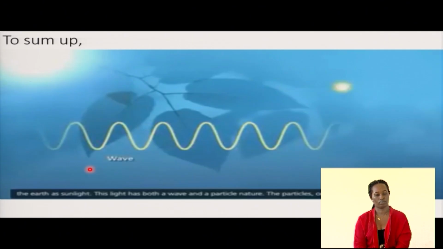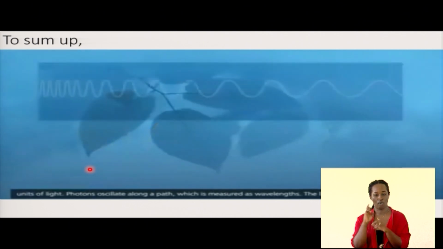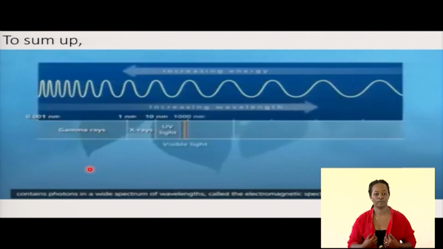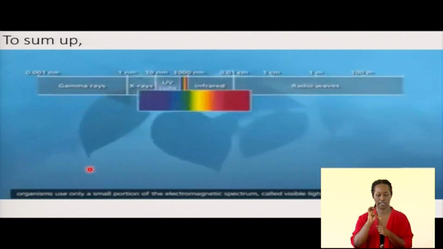All the things we have looked at, the light reactions, the characteristics of light as a wave, one as a particle, the photon. Of all the solar energy that is released, what is important for us? When we talk of the electromagnetic spectrum, we only need